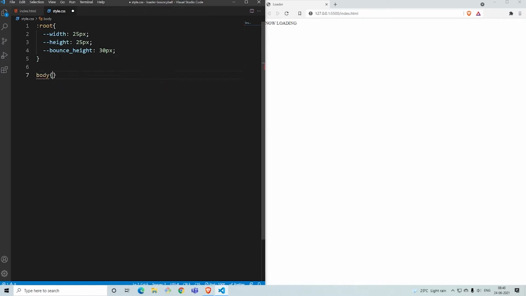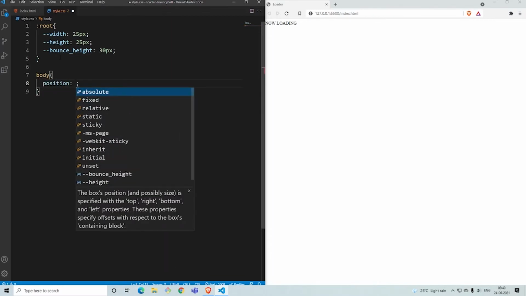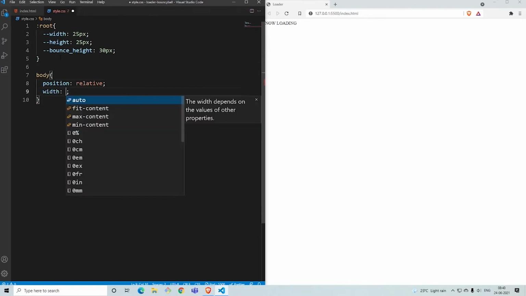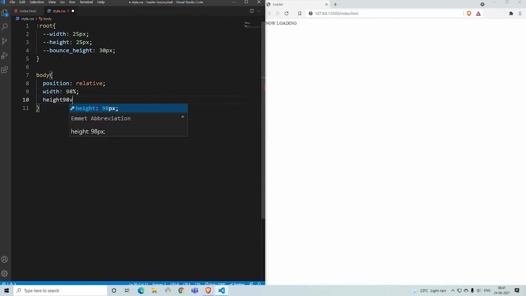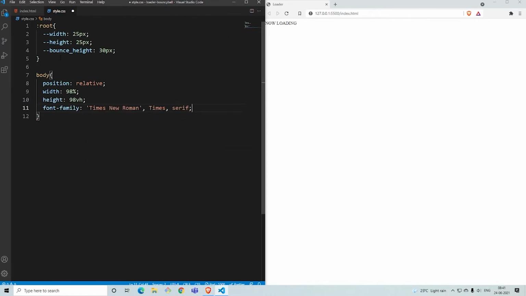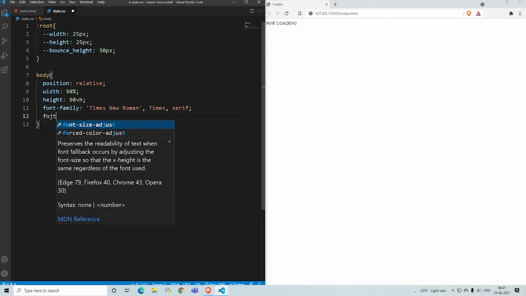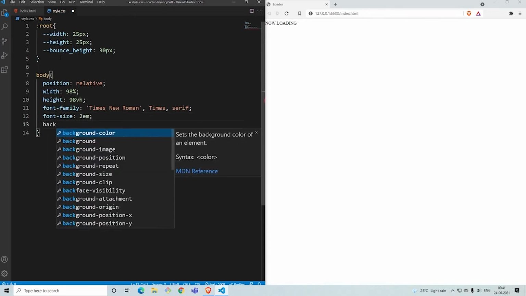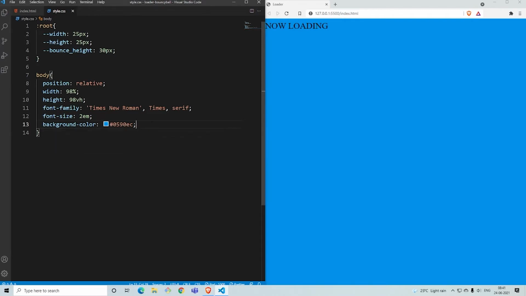Next, we'll go to the body and we'll give some basic structure like the font family, the font size, the background, the whole page's width, the height, and the position. We'll start with the position, and we'll keep the position to be relative, so it changes based on the text which we are working with. The width is 98% and the height is 98 VH. Yes, that's done. Now let's go to the font family. I've chosen the Times New Roman font, so based on the web browser it will change the font, and we'll give a font size of 2 em and a background which is a slight bluish color. So this is the slight bluish color, so that's done.